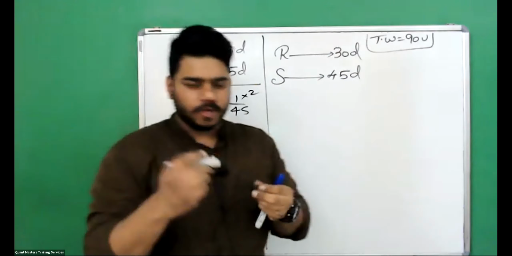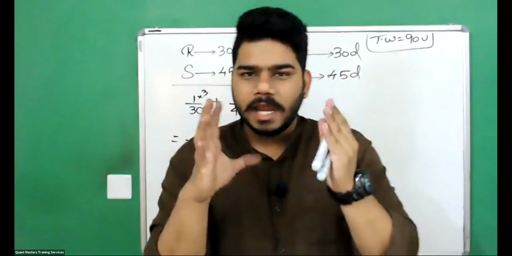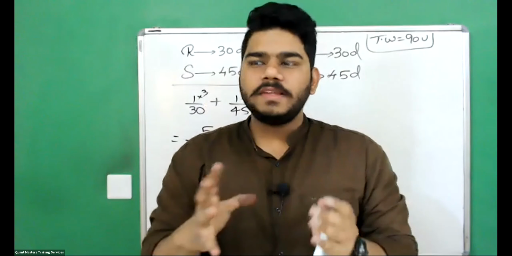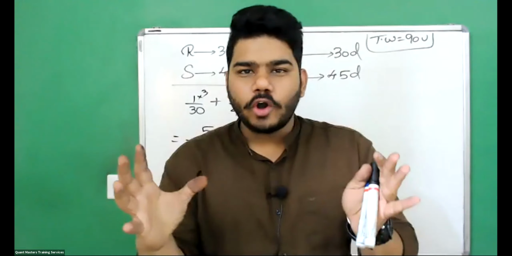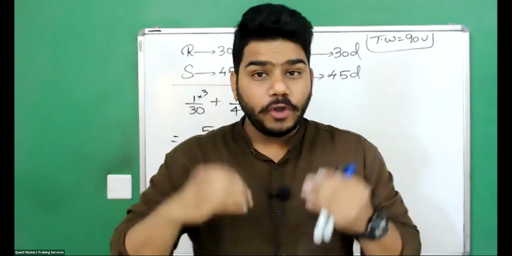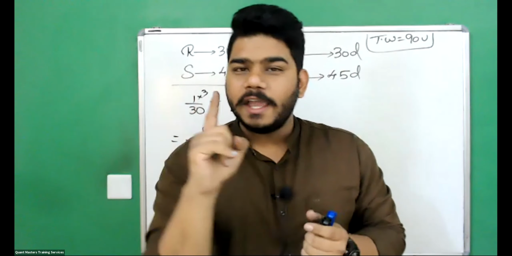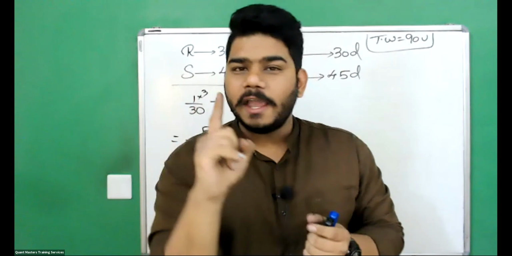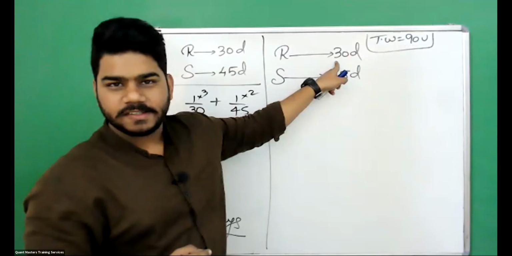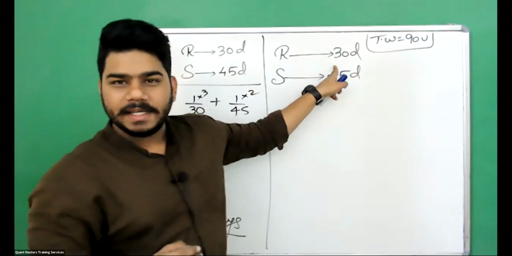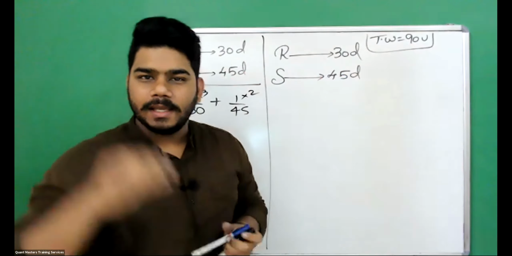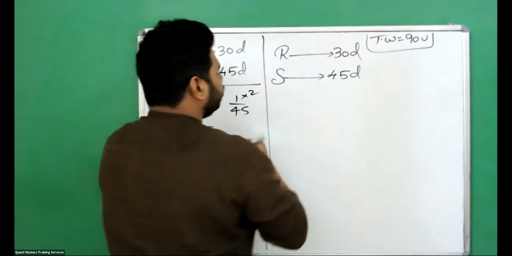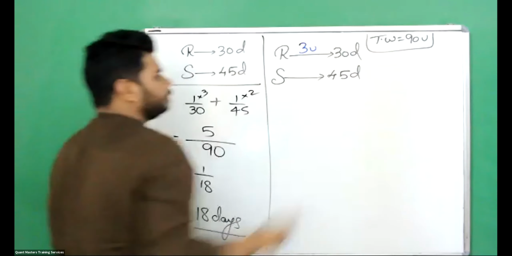This might be a bit confusing. Okay, so I will first take a simple example and make you understand. Let me say you are eating 10 chocolates in 5 days. So if you are eating 10 chocolates in 5 days, in one day, how many chocolates are you eating? Two chocolates. How did I get this two, sir? Sir, 10 divided by 5. Same way over here. Ram is eating 90 chocolates in 30 days. If he's eating 90 chocolates in 30 days, in one day, how much is he eating? 90 by 30, that is nothing but what, sir? 3 units or 3 chocolates.